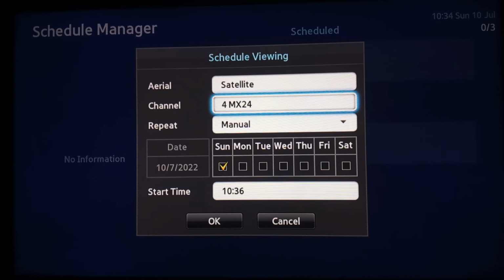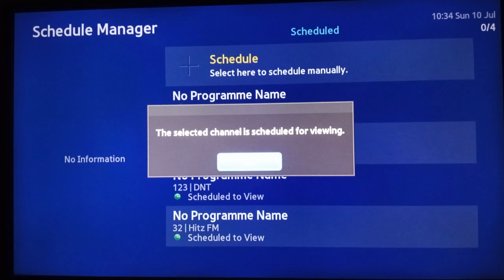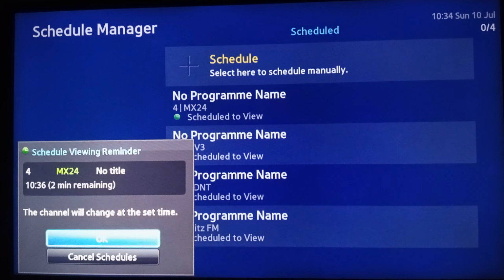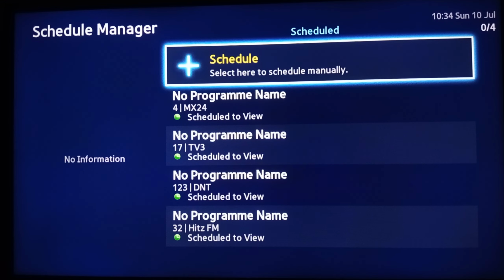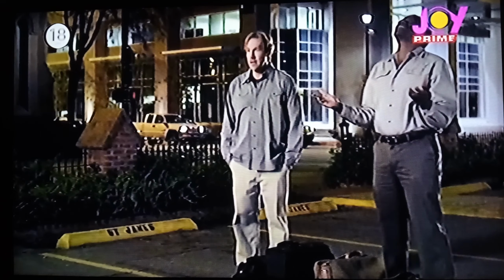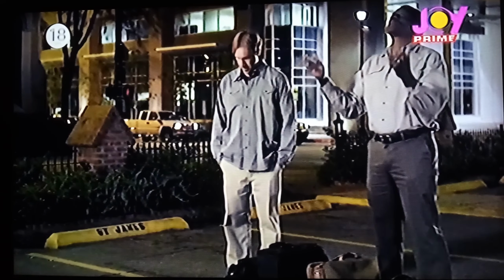So when you are done with all those settings, you just come and press OK. So when you press OK, they will just give you this confirmation that this channel is set for schedule. So you just press OK and you just press the exit key on the remote and go back to your channel and be enjoying your